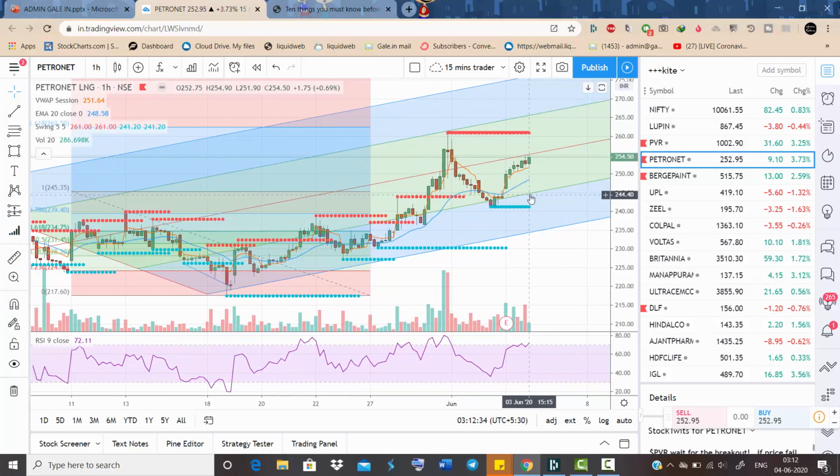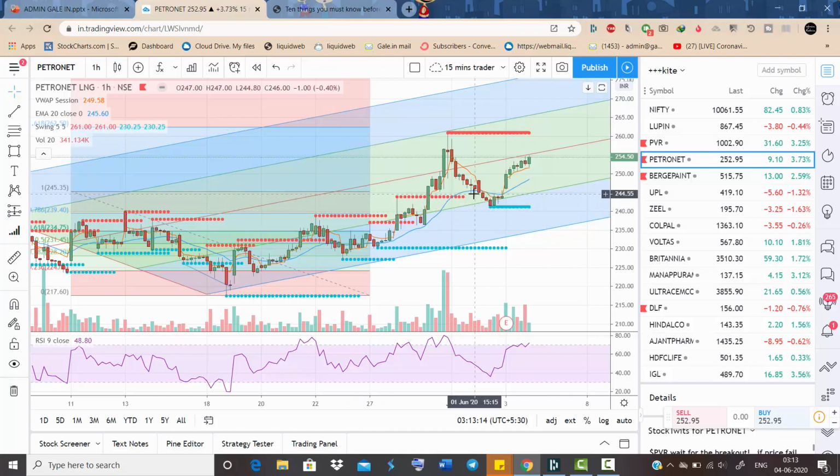So you can see, based on swing strategy, there's a reversal over here. Like, stock has gone down, gone up. You can see this break. This has broken. Swing has been broken. So there's a change in swing. So swing low, swing high, swing low, swing high, swing low, swing high, swing low, swing high, swing low, and the best place to buy was at 245, just above this Fibonacci retracement, for a target of 261.